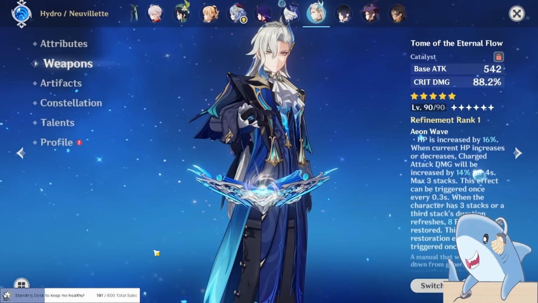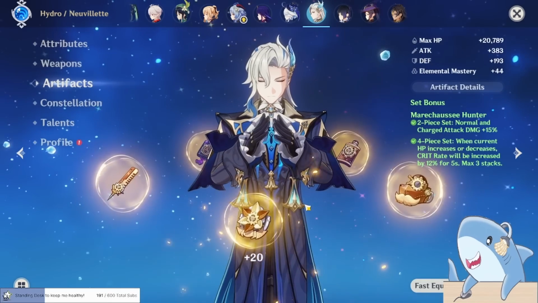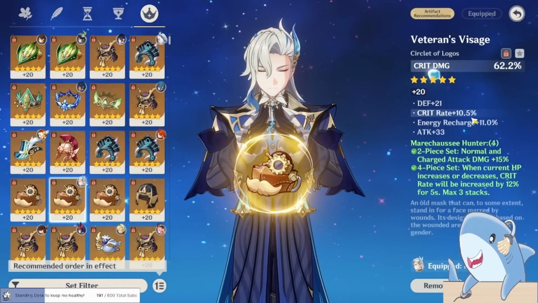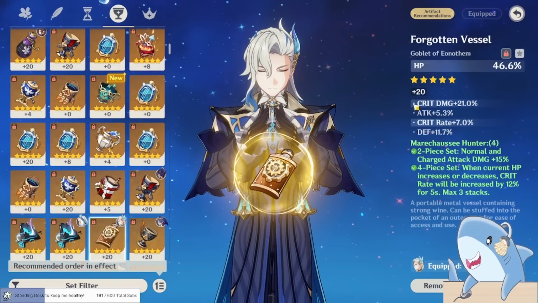He's using a level 90 Tome of the Eternal Flow, his signature weapon, at R1. His artifacts are the 4-piece Marechaussee Hunter. He's got a crit damage headpiece with crit rate and energy recharge, an HP percent goblet with crit damage and